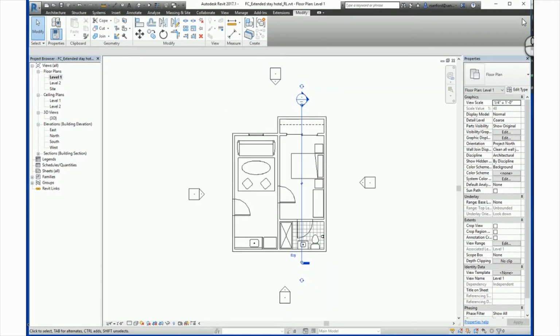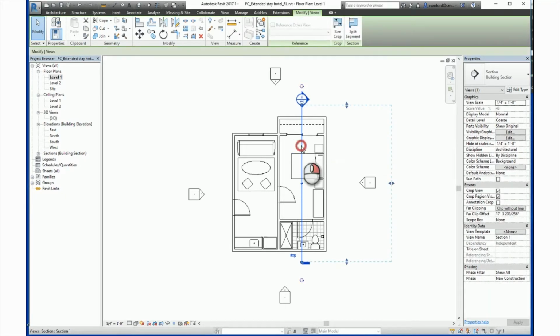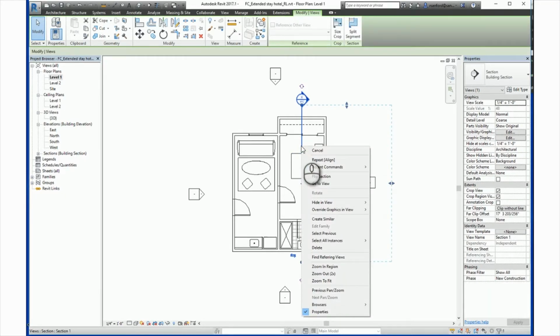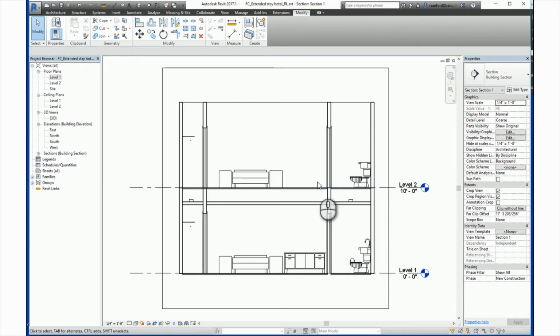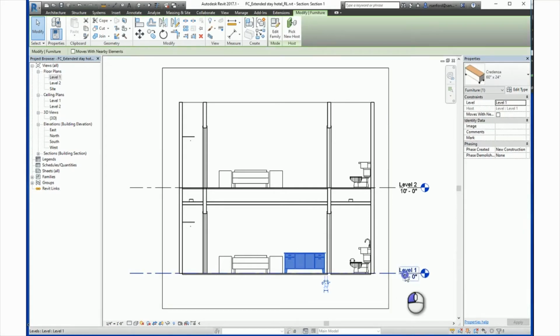Now that we've placed a component, we must verify that it is in the correct location and associated with the correct floor. To do that, we can open up an elevation or a section view. So here we have a section view ready to go. We're going to click on the section marker and right click it, and in the pop-up menu go to View, and here in the section view you can see that the credenza that we placed is on level 1